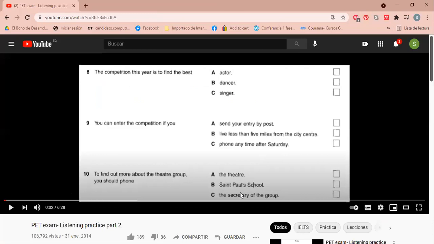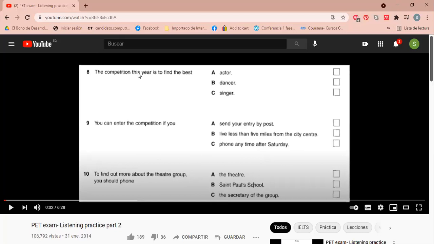Here we are. Here we have another part 2 and we have some questions, okay? This is how part 2 is going to be. The last part we were having just smaller records, but as you know, part 2 is going to be with a longer record, and you're going to have six questions about this record, the same record. Sí, vamos a tener 6 preguntas sobre el mismo audio en este caso, en la parte 2. Vamos a ver otra práctica.